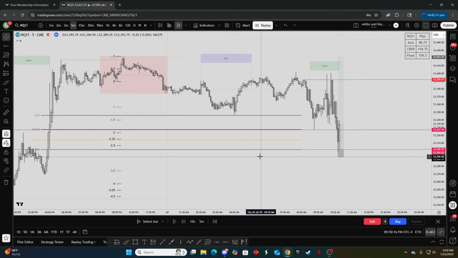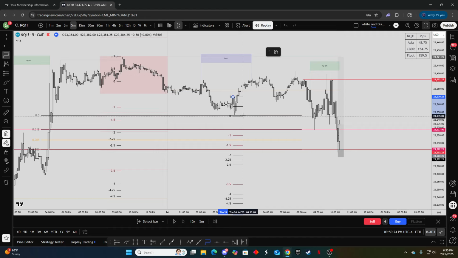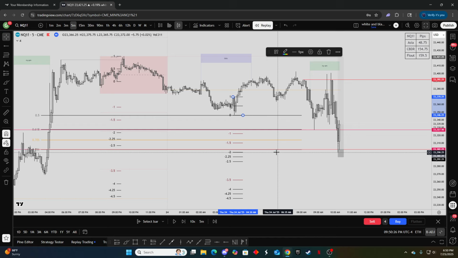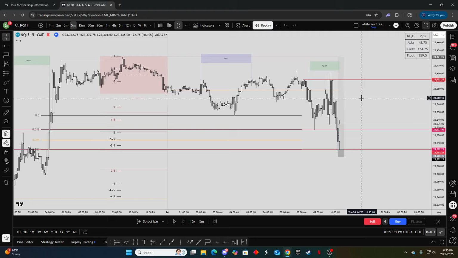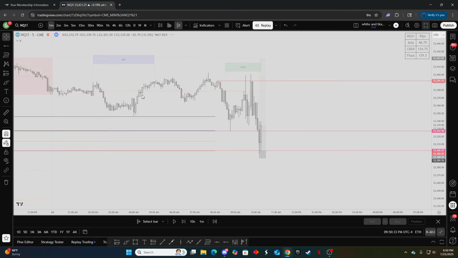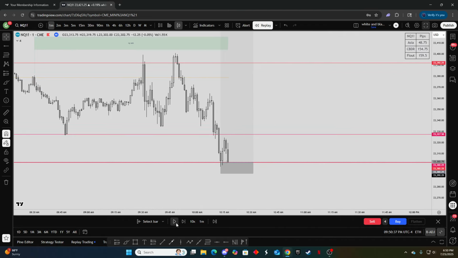But yeah, last leg of London, I'm not sure how to use that, but I'm assuming that would be this, right? If I'm not mistaken, correct me if I'm wrong, but maybe this, I'm not sure. Anyways, I don't really use last leg of London, but this would have been your trade idea